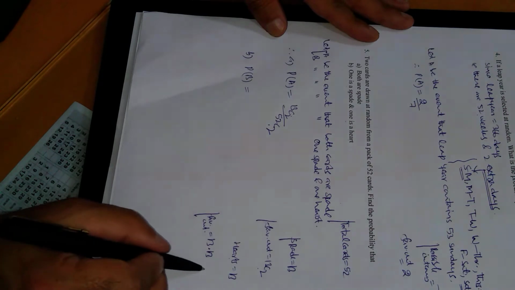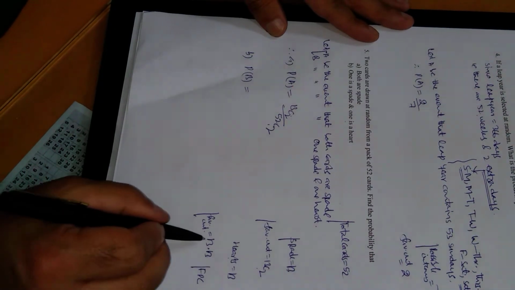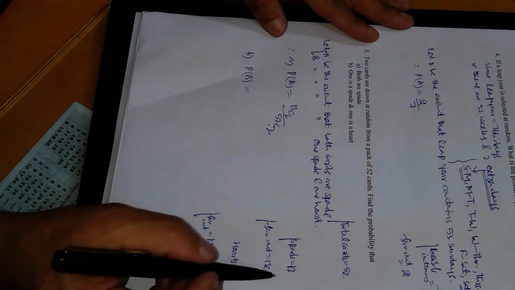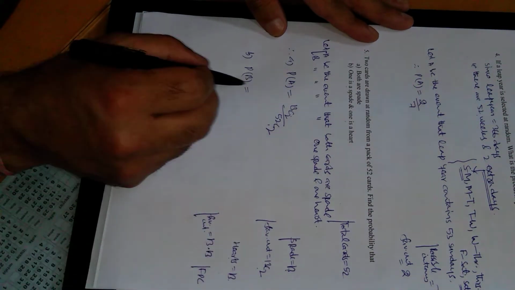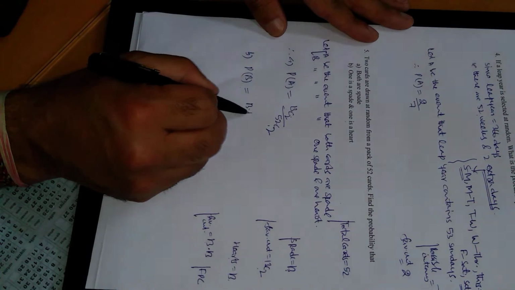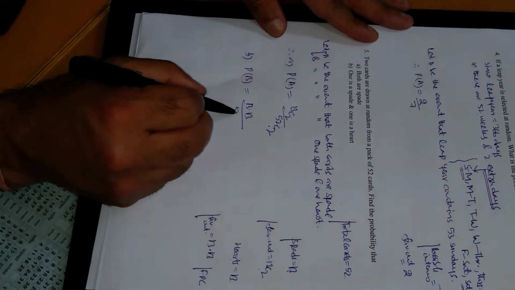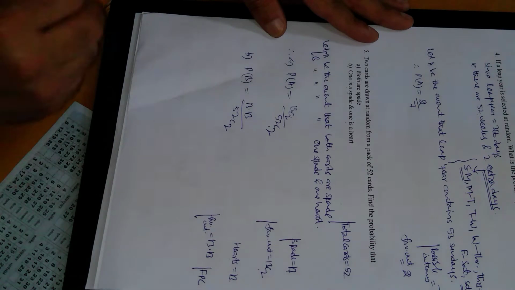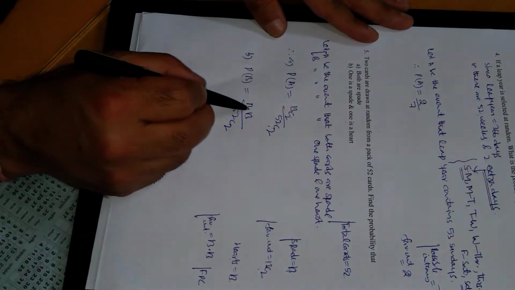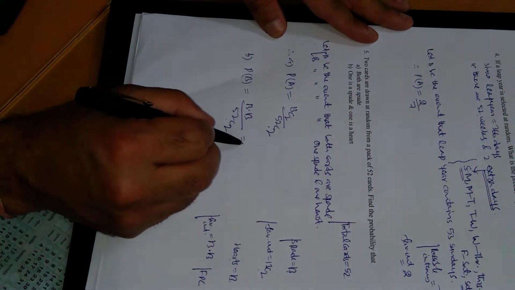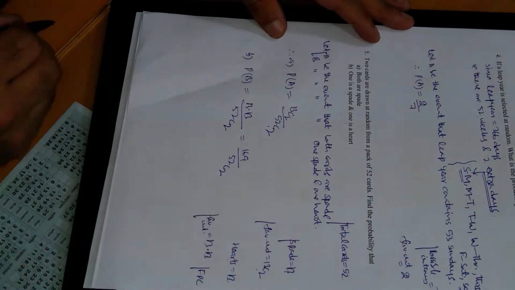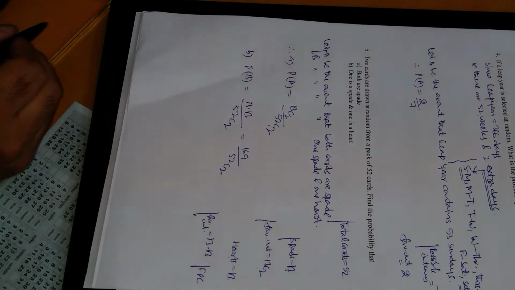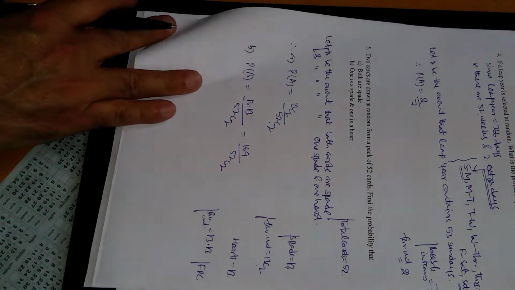I am going to multiply this because of the fundamental principle of counting. We are multiplying two operations. One operation is selecting one card from spades and one card from hearts. So the favorable outcomes are 13 into 13, and the total outcomes are selecting two cards out of 52, so these are the total number of possible outcomes. The favorable outcome in this case is 13 into 13. So this is 169 divided by 52C2. So this is all about some problems related to probability.